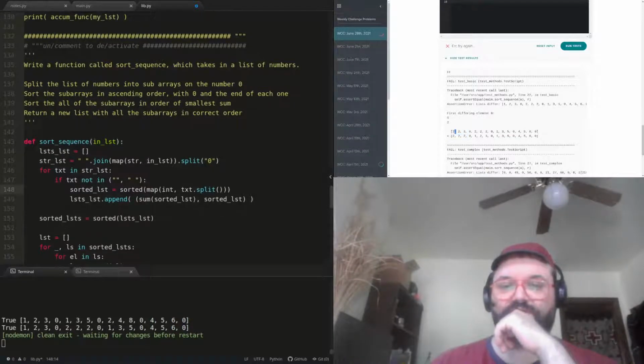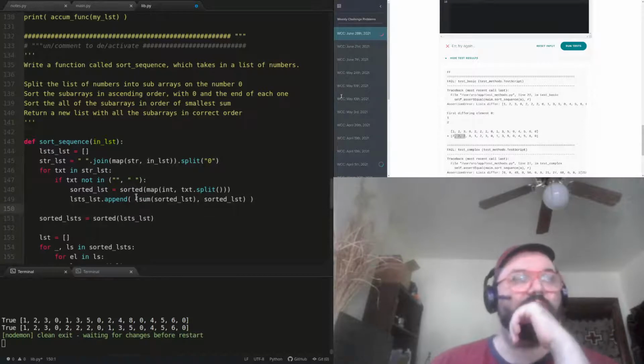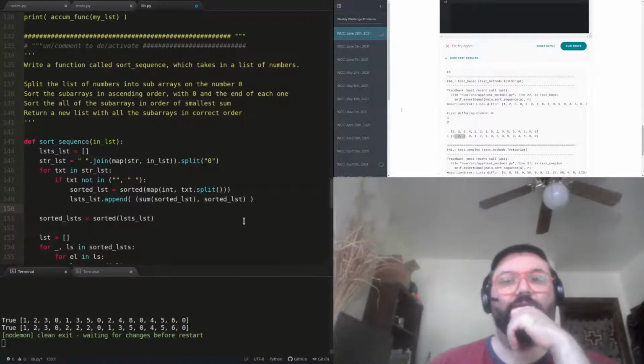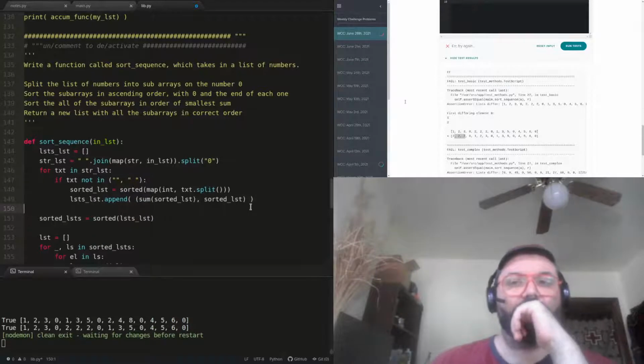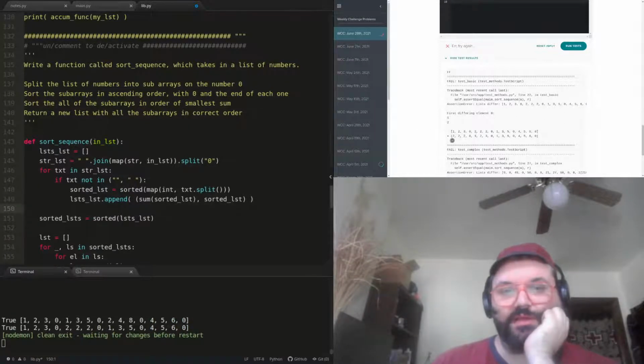That is a very strange thing, because the sums of these are equal, right? So I guess if the sums of two are equal, I have to switch the positions by